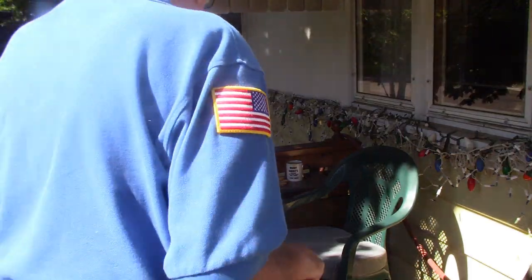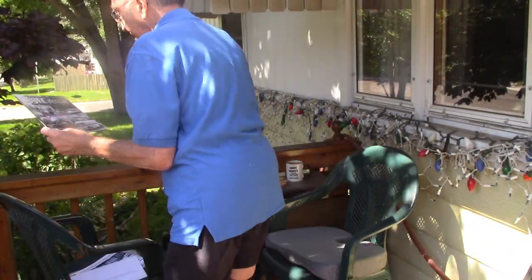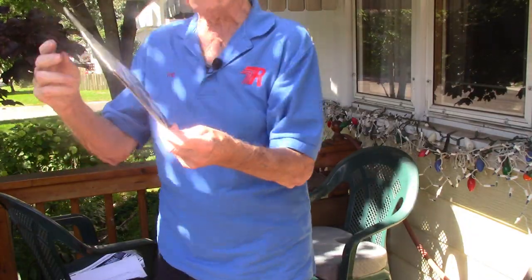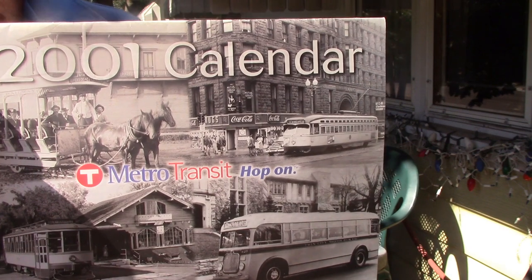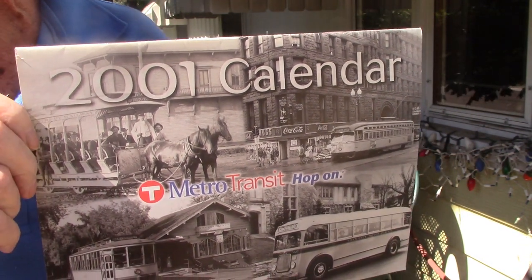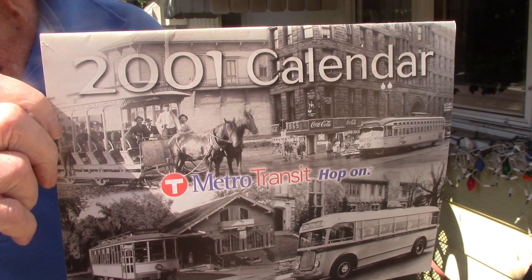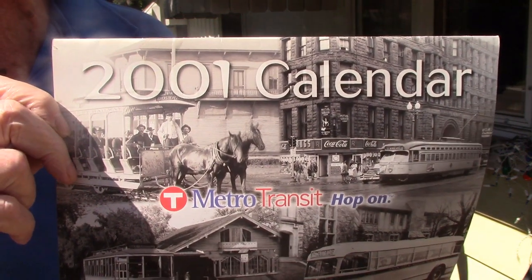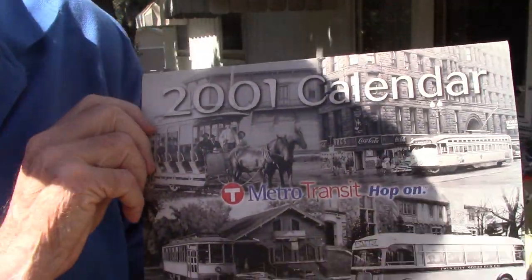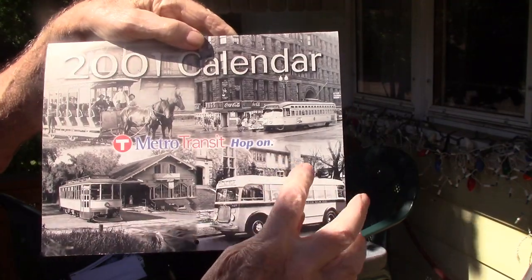So, what happened was, oh, here it is. These are the 4 phases of Twin City Rapid Transit Company, from horse cars to electric streetcars, to PCC cars,